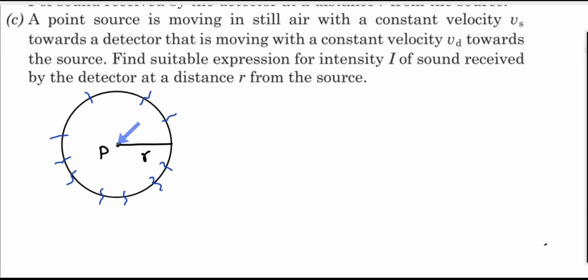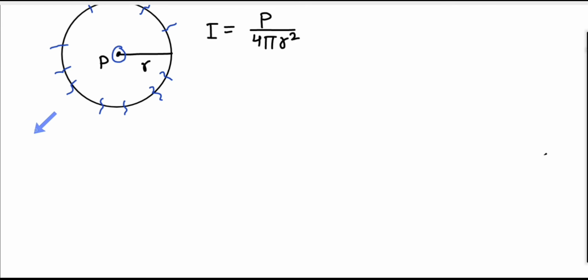and we already know that the energy produced at this source in 1 second is equal to P. So in the same amount of time, the energy crossing this surface of the sphere will also be equal to P, and we are interested in determining the energy per unit area per unit time. That is what our intensity is. So intensity I will be equal to power, that is energy per unit time, divided by the area, which is 4 pi r squared. So this is just using the inverse square law, that intensity for a point source will follow the inverse square law, and this will be the amount of the energy, right?